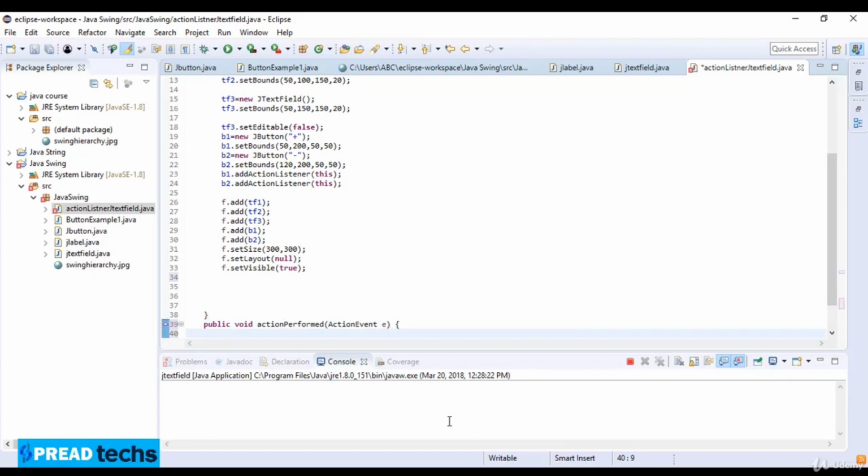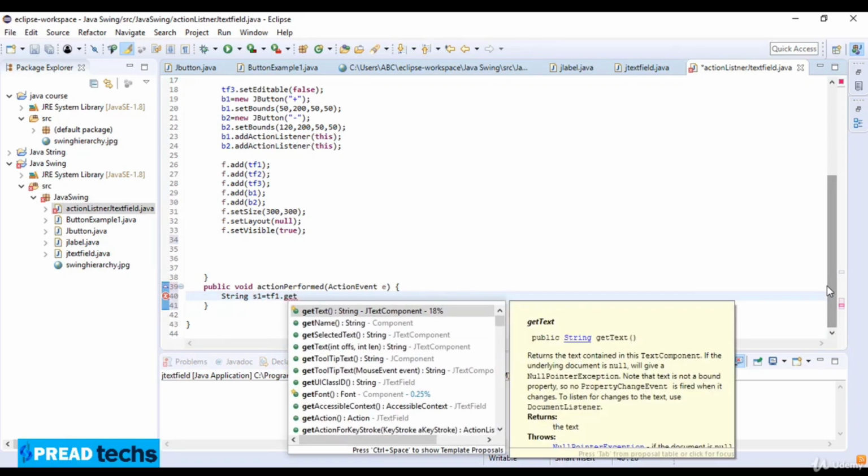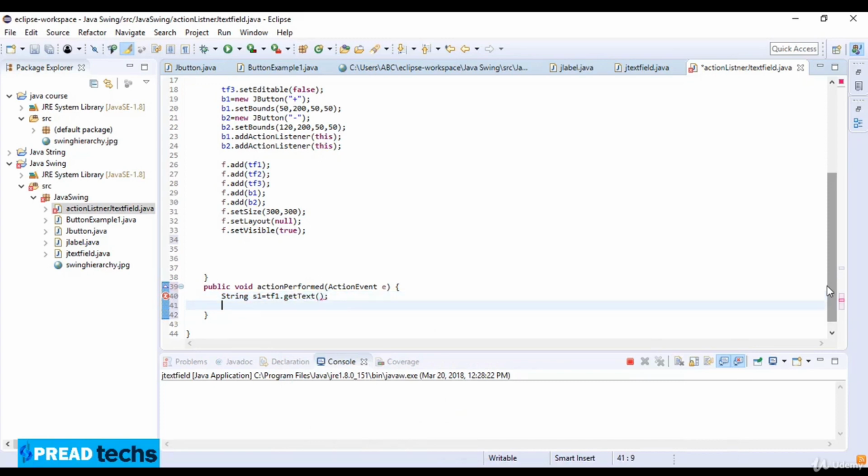And then I just write a string for s1, which is equal to text field 1 dot get text. So it will take the text from text field 1, and then string number 2, which is equal to text field number 2 dot get text from this one, and then integer a, which is equal to